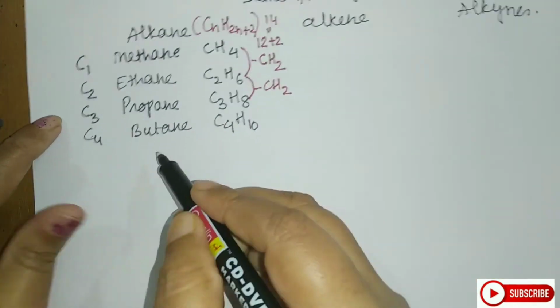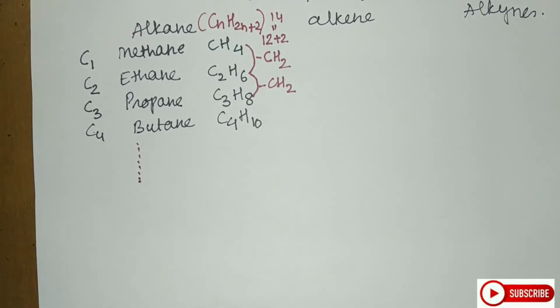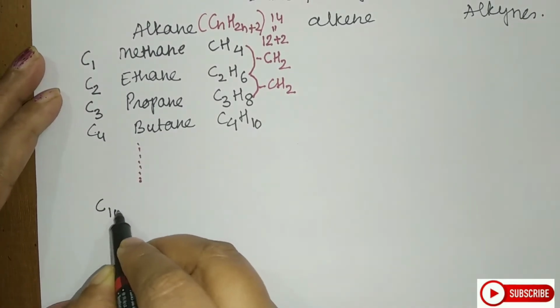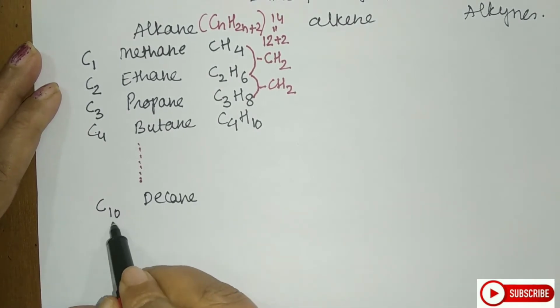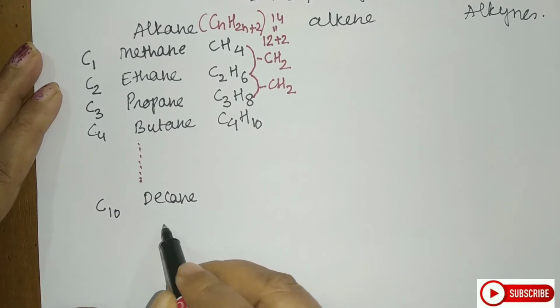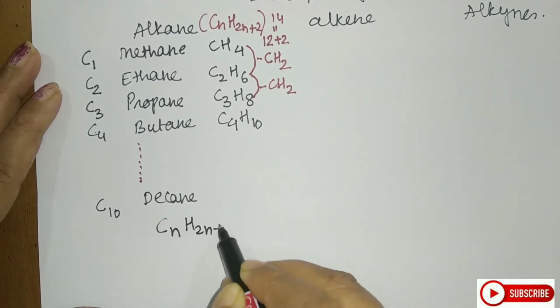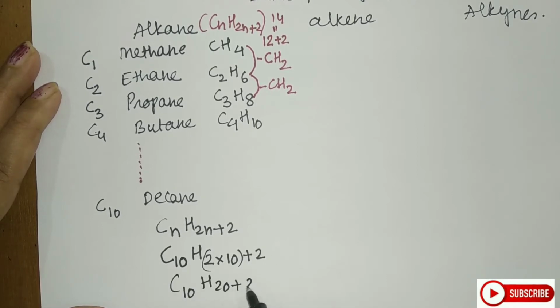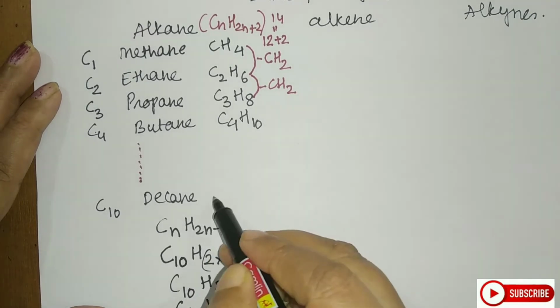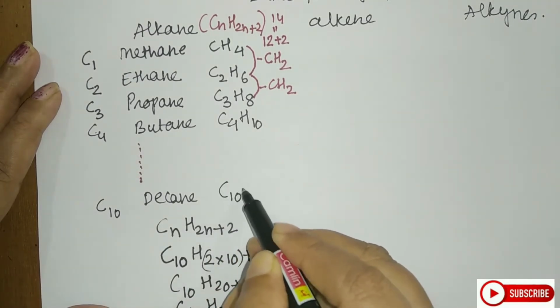Now, if you try to move on to the other hydrocarbons, I am not writing them here. Let us come to the 10th hydrocarbon, and that is a C10 compound. So it will be decane. What will be the formula here? This value I will put in place of n. How can you do the calculation? It will be CnH2n+2. You have to substitute the carbon number here. So it will be C10 H 2 into 10 plus 2. So it will be C10 H20 plus 2, so C10H22. So the formula for decane, students, is C10H22.